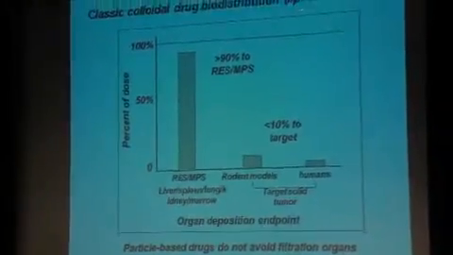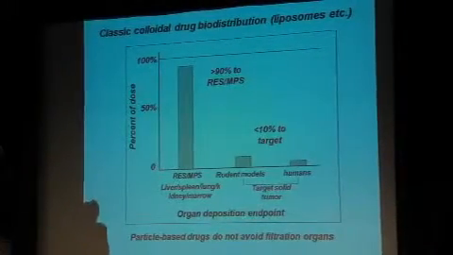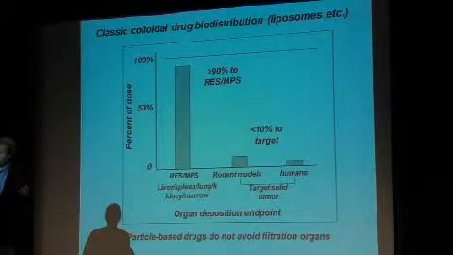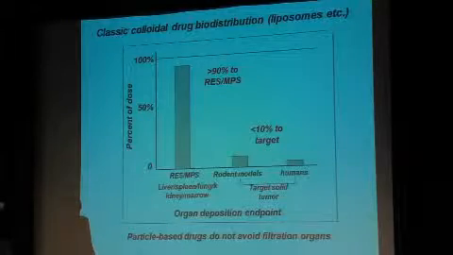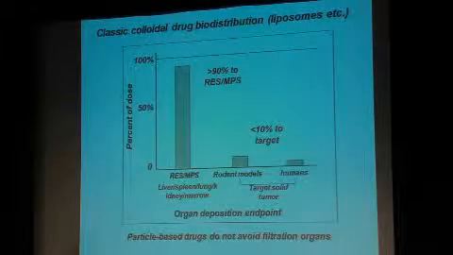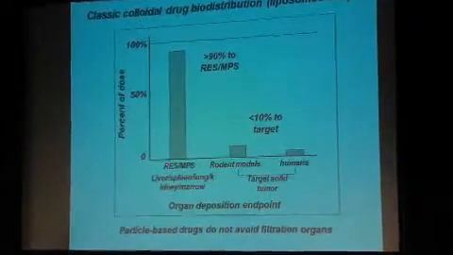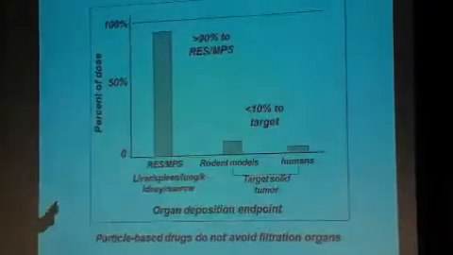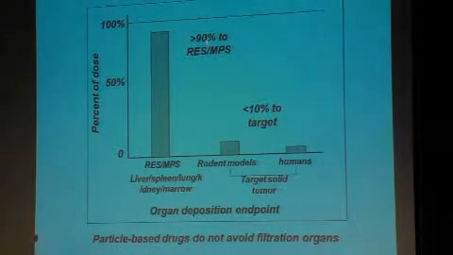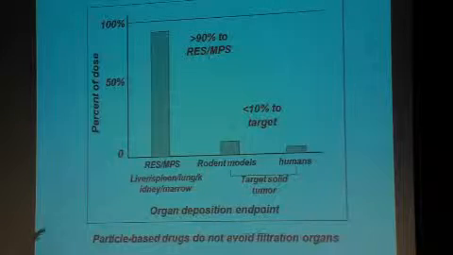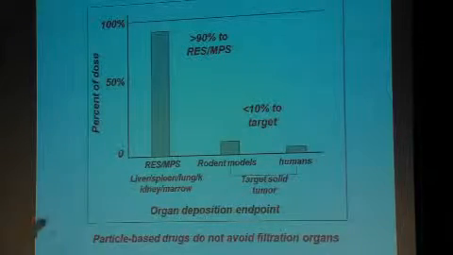If we look at old data, this is liposomal data. This is liposomes because, as I recall, the FDA has approved liposomes for use as a particulate injectable product, Doxil, for treating tumors. And if we look at the distribution then, the percent of the dose that arrives, remember, at the reticuloendothelial system, liver, kidney, spleen, bone marrow, lung. Those five organs, greater than 90% of the dose of liposomes always, no matter what we do, no matter what we decorate it, no matter what the chemistry is, no matter what the physics are, they always go to this system.